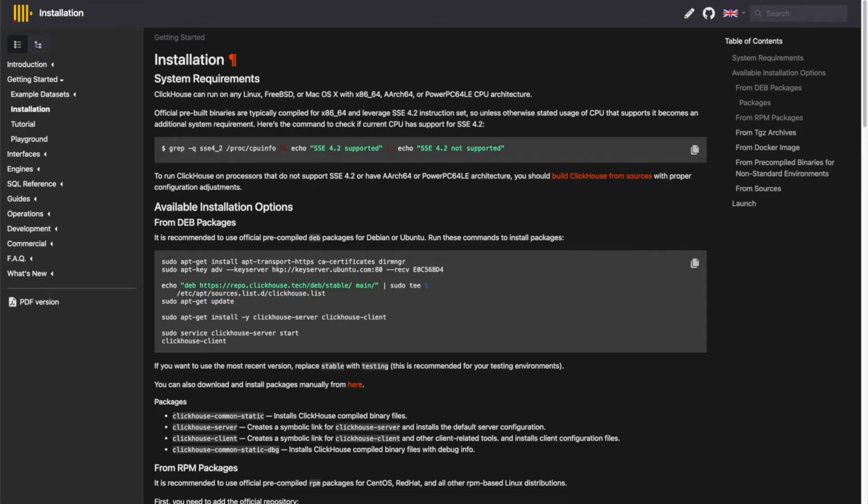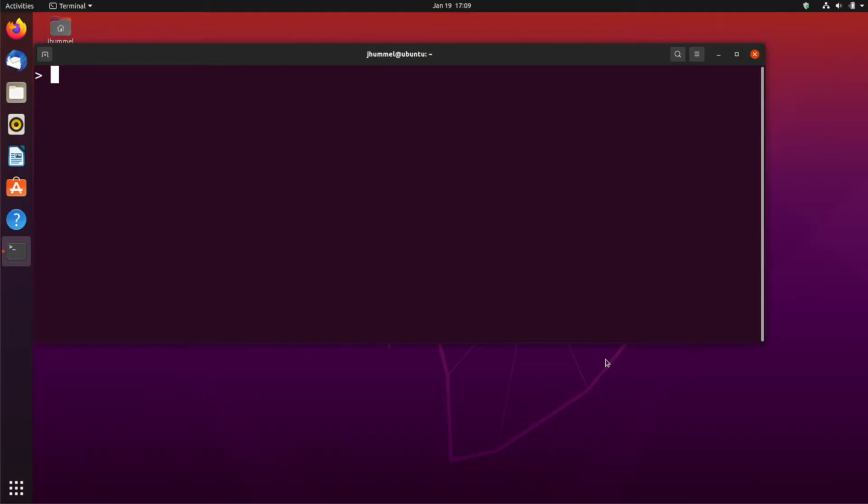The ClickHouse client is of course managed by ClickHouse. We'll be using their instructions to install it on our sample system. The instructions can be found on clickhouse.tech. For our example, we're just using a standard Ubuntu install. See the clickhouse.tech page for all supported operating systems. We're going to follow the instructions from clickhouse.tech.